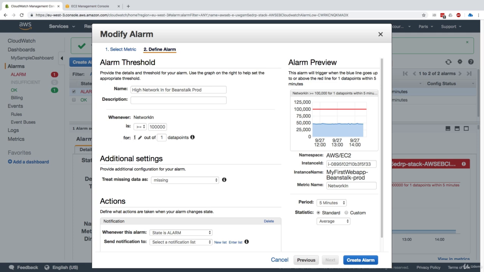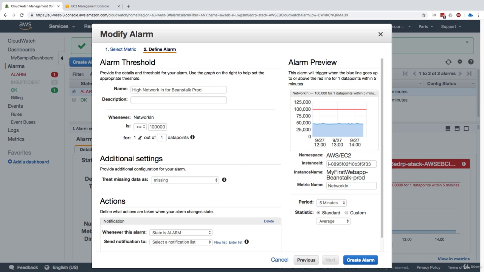So here I have 1 out of 1 data point, but if we look at the period on the bottom right, we can see the period is 5 minutes. So we could set the period to whatever we want. 5 minutes is what we have to use. If we used 1 minute, we'd be missing data because we don't have enough enabled metrics, like there's not high enough resolution for this, so we'll just keep it as 5 minutes, but we could go 5, 15, an hour, 6 hours, 1 day, over whatever period you want to look at.